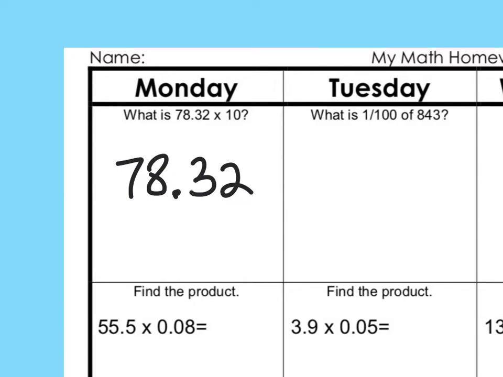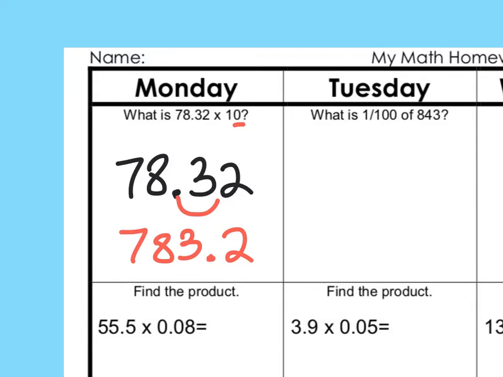So all we have to do is move the decimal to the right because it's getting larger. Because there's one 0, you move it one place value. So we know that 78.32 times 10 will give us 783 and then 2 tenths. This makes sense because it gets 10 times larger. It was